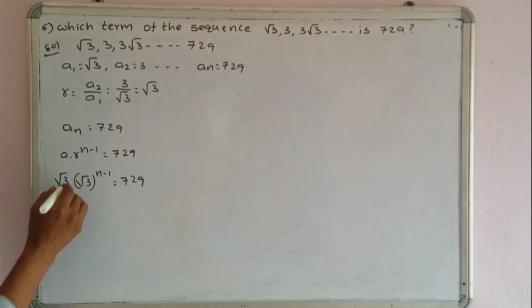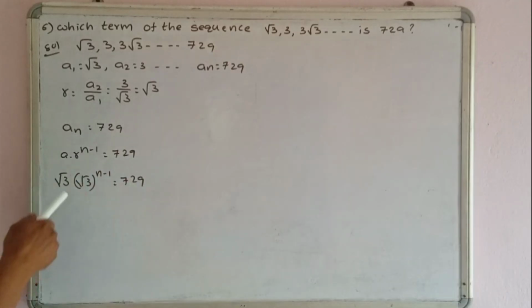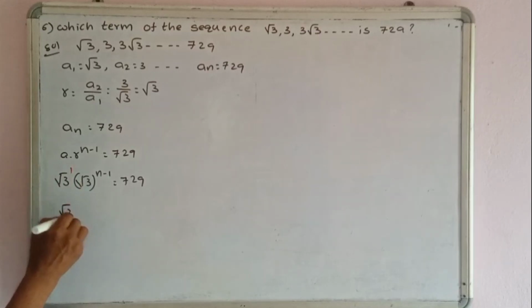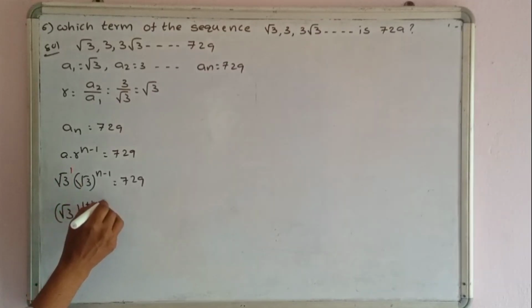Okay, now see, this is of the form a power m into a power n. So here, where nothing is written, it is power 1. So a power m into a power n, therefore a power m plus n equals